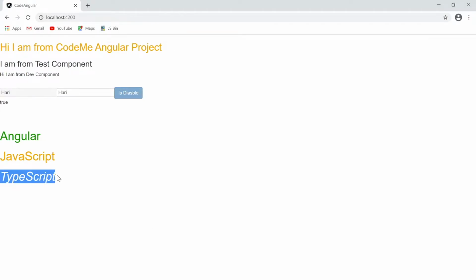Because as you can see, that text is in yellow or orange color, but it's in italic. So our regular attributes become the dummy attribute in the presence of class binding. So we have another syntax of binding. With this syntax, it applies the class on the basis of a particular expression, whether it's false or true.